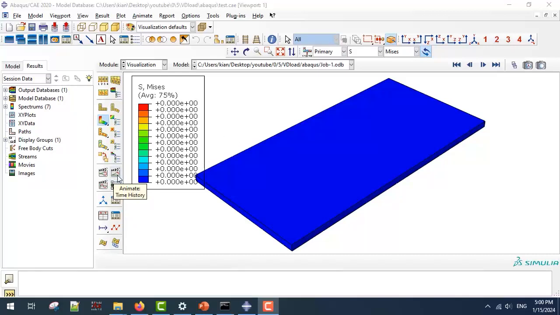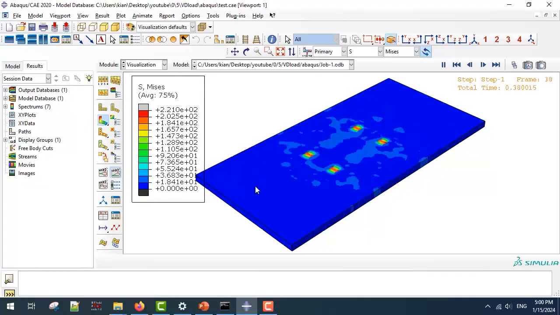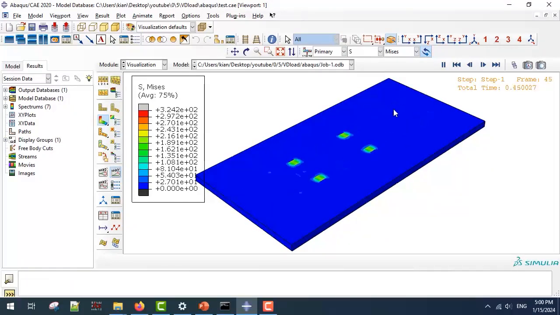So you can see the animation option here. We can use time history, for example. It would produce something like this for this example, but the frames are not what we like, for example, and the legend is so hard to comprehend. So I'm going to